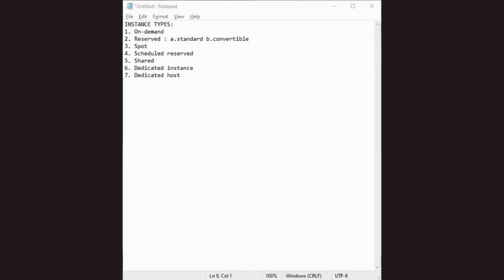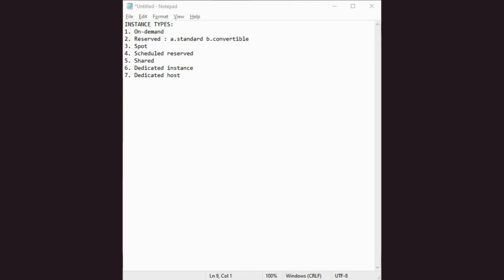and hence the spot instances cannot be used for production environments, or the mainstream websites where you want to launch your websites or something like that. Since this is a spot instance, this is like a sale. So it is going to be available only for a particular amount of time, and it will be interrupted at any time. You'll just get an intimation, say 2 minutes before the instance is going to shut down by AWS. So obviously this is going to be used only for a temporary purpose, like